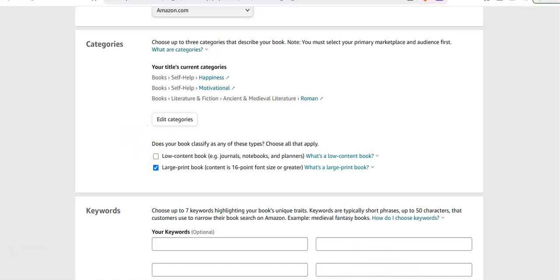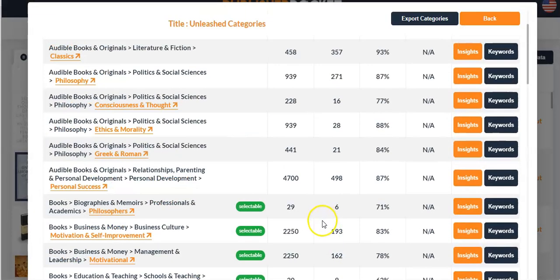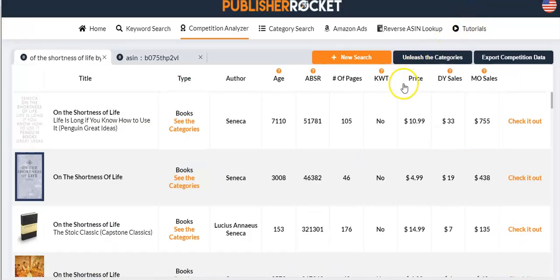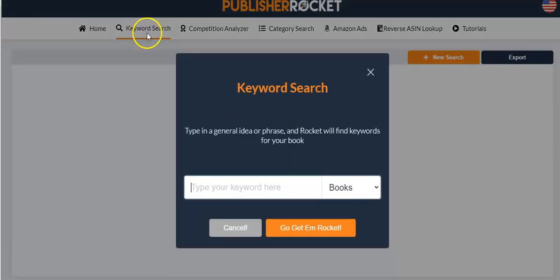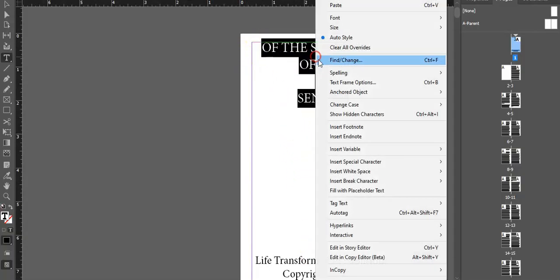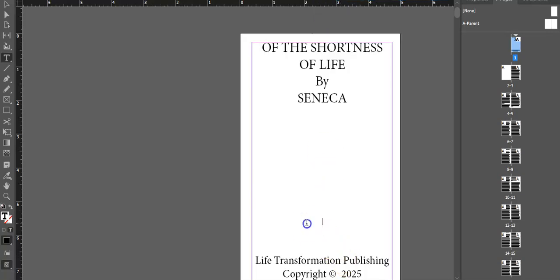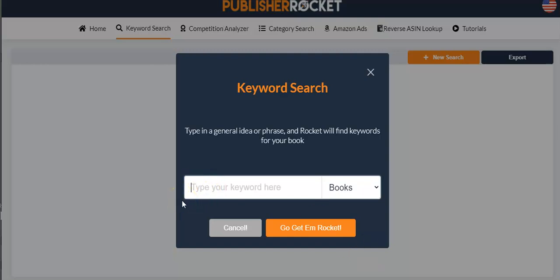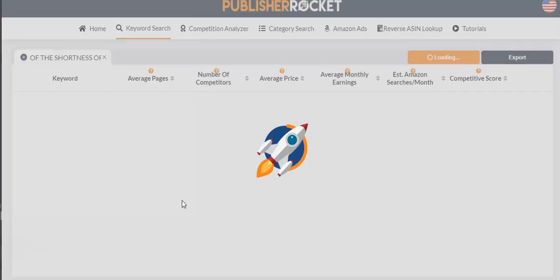And now we can do keywords, and I don't know. Unleash the categories, keyword search. Well, let's do what we did before. Take the title and the author. Put that in there.